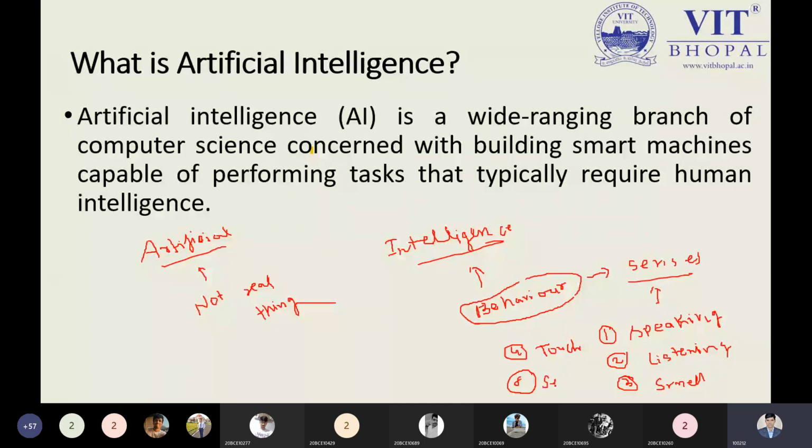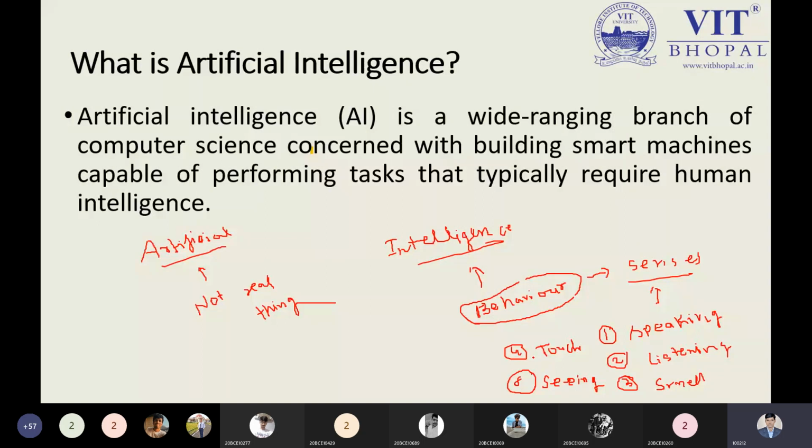Can we identify vision in the computer system? So we have computer vision. Good. See, okay, I can write it as see. So these are the five basic senses we have, and these senses are used to represent your behavior. So if you try to understand intelligence, the senses are required. If you try to implement all the senses in machines, these senses are not real, because a human has all the things. Can we implement all these senses in machines? Is it possible? Yes, now it is also possible.